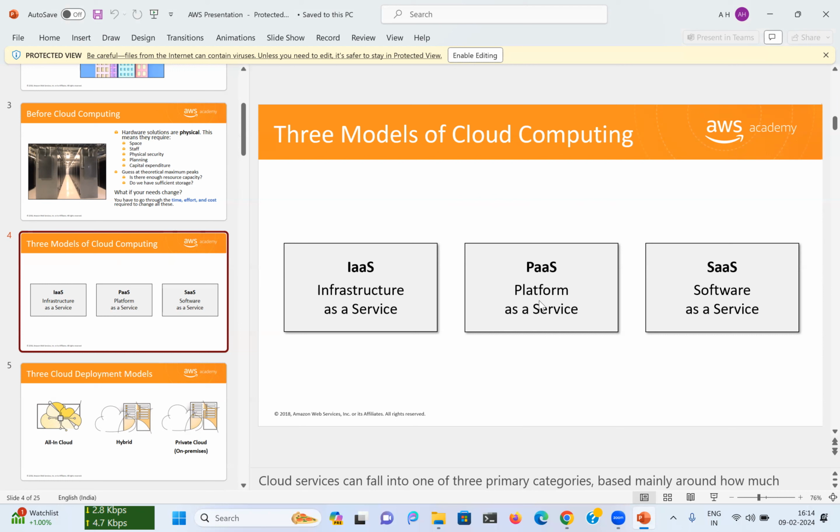Next, platform as a service, you can say like Google Play Store or Apple App Store, where you can deploy your application, but you don't need to manage the internal platform. The last one, infrastructure as a service. Here, you need to manage the operating system, all of the applications, everything basically you need to manage on your own. But the entire physical infrastructure will be managed by the cloud provider. So the service that we are going to talk about today is infrastructure as a service. Let's deep dive into it.